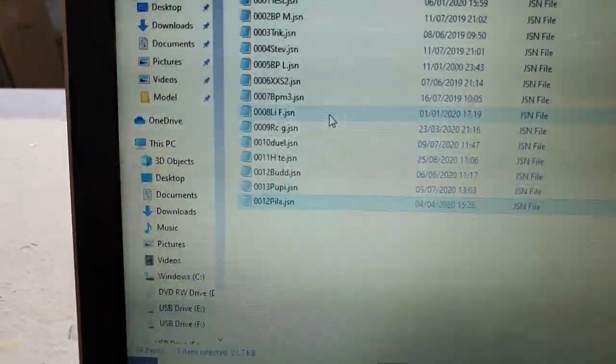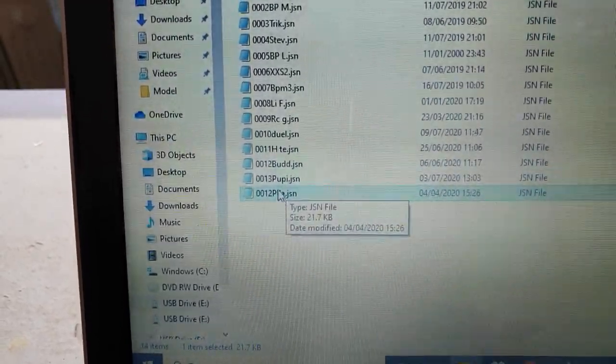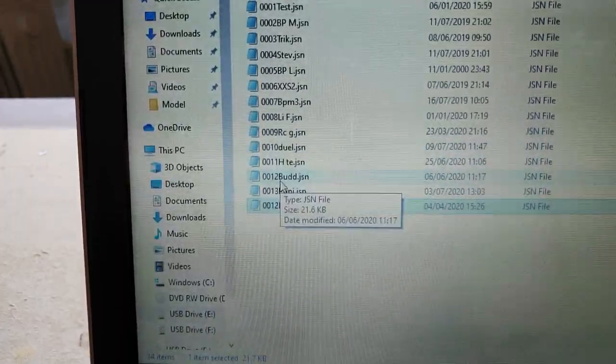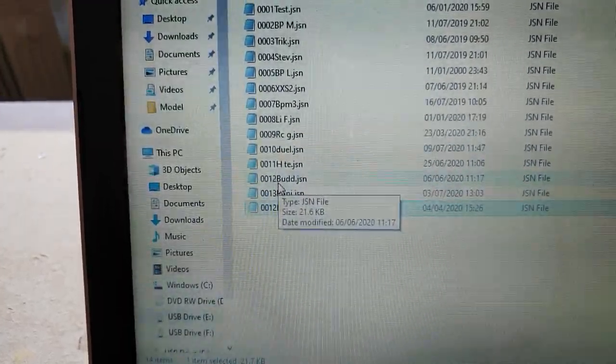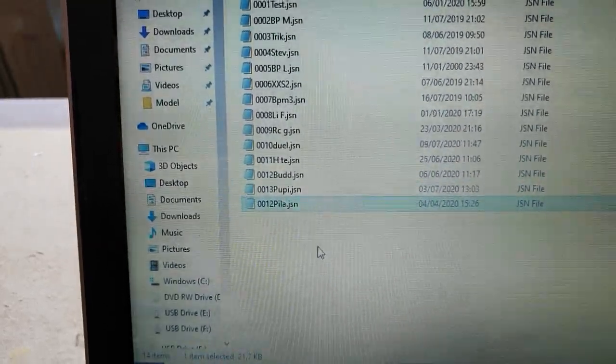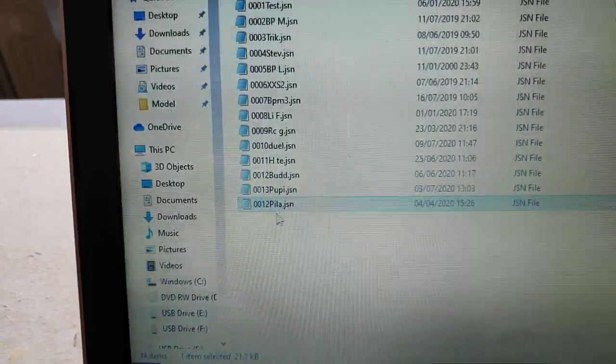And there we are. Number 12 Pila. Notice that it's sharing the number 12 with a model memory that's already on there. Doesn't matter too much, it's obviously a different file name. And when we switch on the transmitter and go to select it, we'll see that it actually renames it the